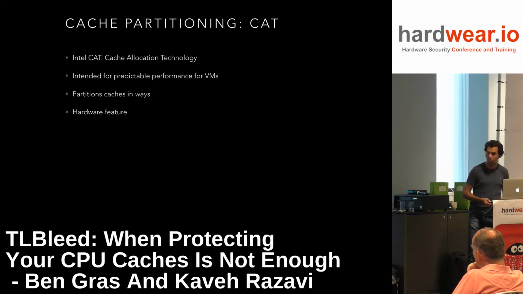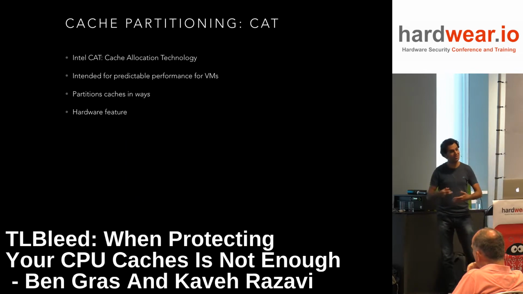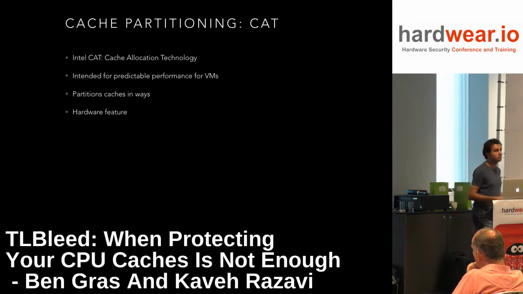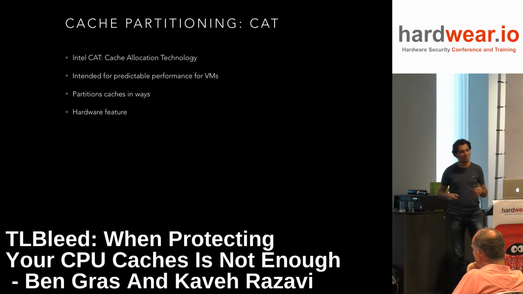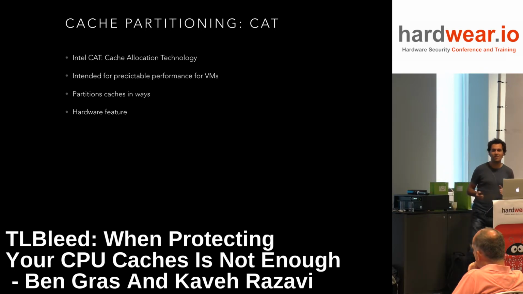So the other protection, as I said, this is something that is difficult to do. You need to change the core of your operating system, which is not something easy. And people have tried to solve this problem, right? And how do you solve this problem? You rely on your hardware to provide you with the same support. And so there is this technology called cache allocation technology that is an extension in recent Intel processors.